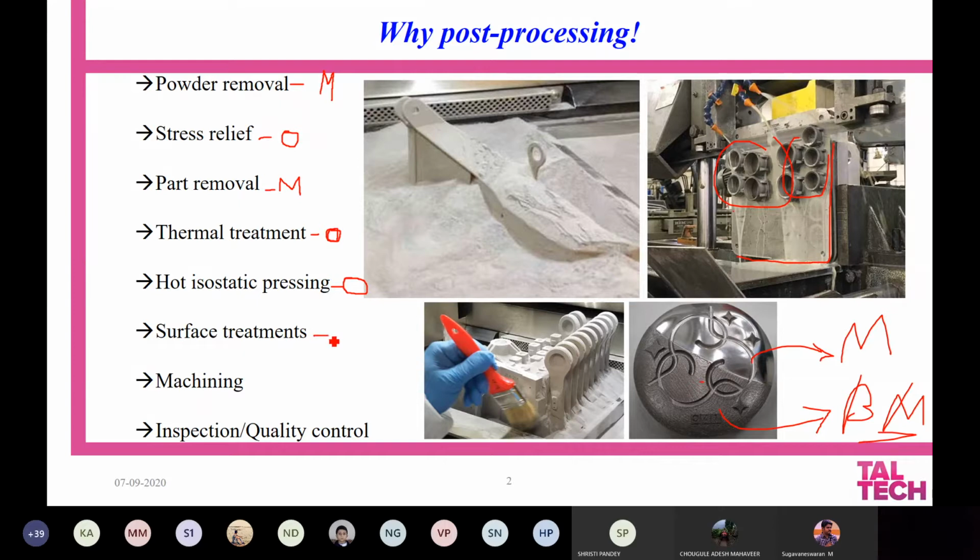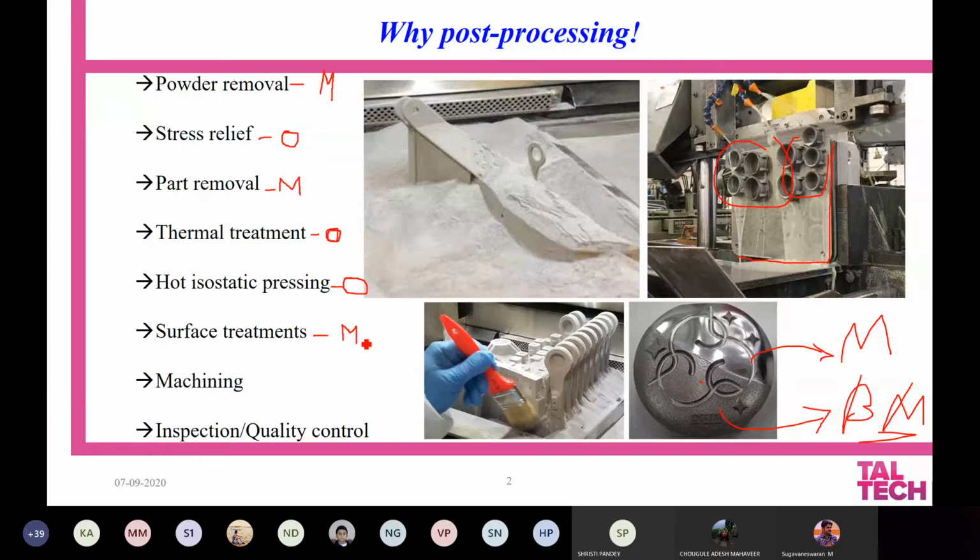Surface treatment, I will generally say, is kind of semi-mandatory because we will not use such a rough surface directly in any application, so we have to go for some kind of treatment, but it is not absolutely necessary. But it is always beneficial to have a smoother surface when tensile property, fatigue property, or even fracture toughness is involved.